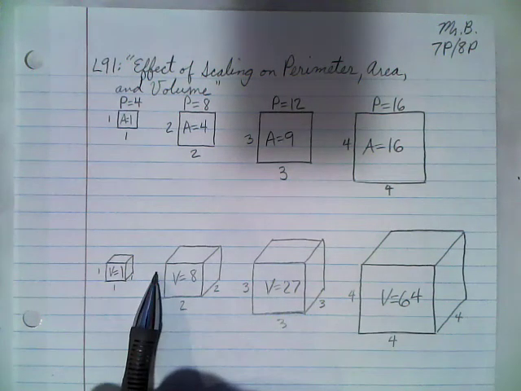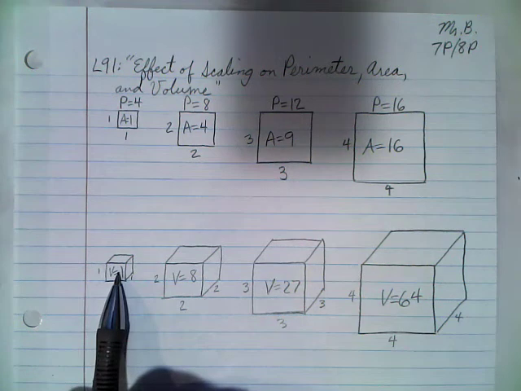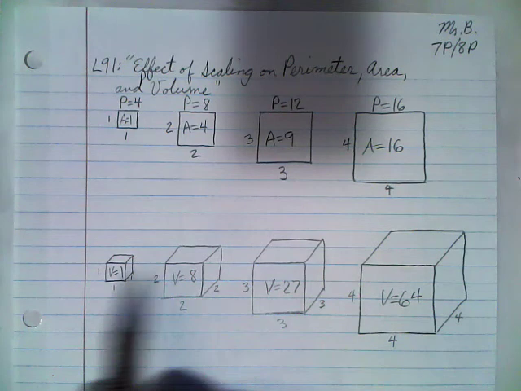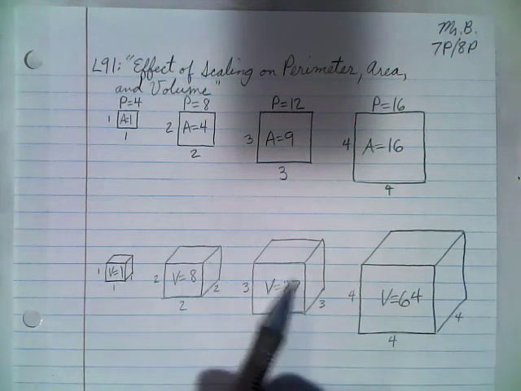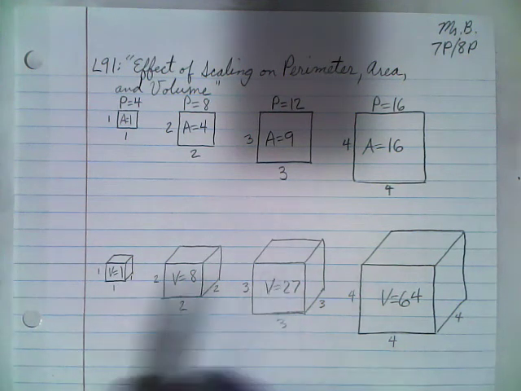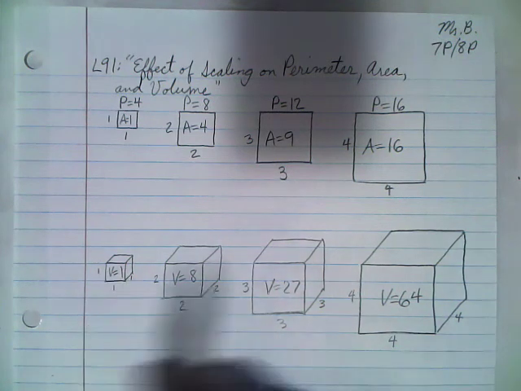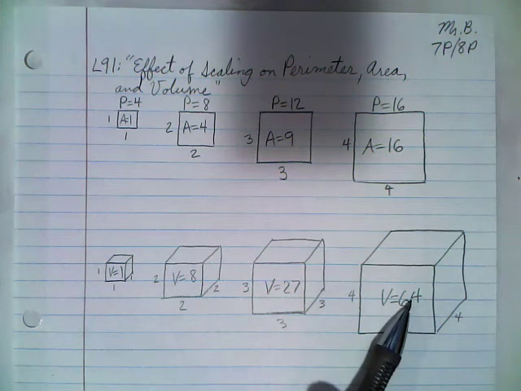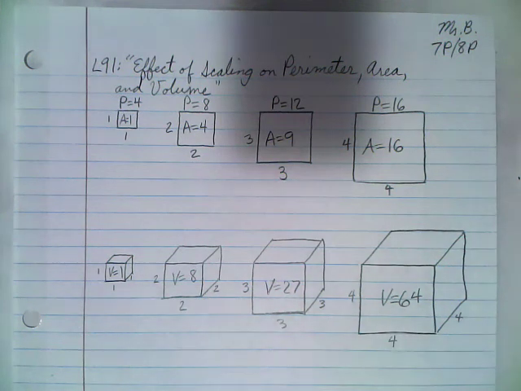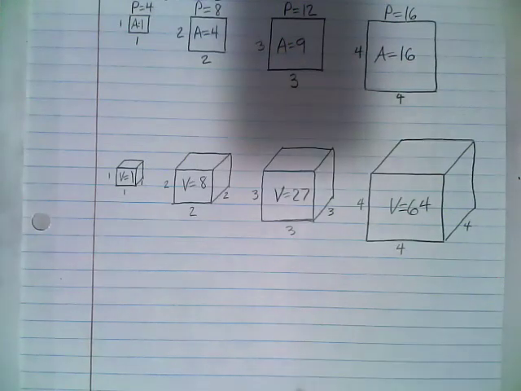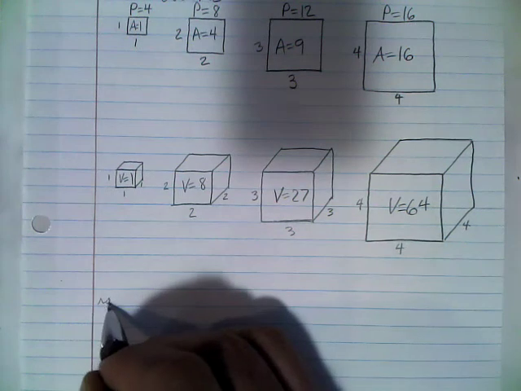So as I double my side length, my volume goes up 8 times. When I triple my side length, so 1 to 3, the volume goes up 27 times. And when I quadruple my side length, so 1 to 4, my volume doesn't quadruple, it actually gets multiplied by 64. And so again, like we saw in our change in dimensions lesson, what's happening here is our scale factor is being cubed. So to put that another way, the ratio